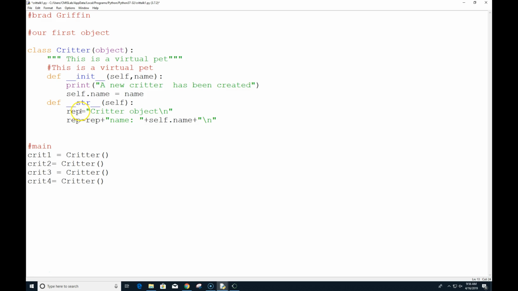So here we've got a function that says rep equals critter object, and then that plus name, it's self name, so whatever we pass in here, and then we need to return that. We created a temporary variable called rep. We're going to return rep back.